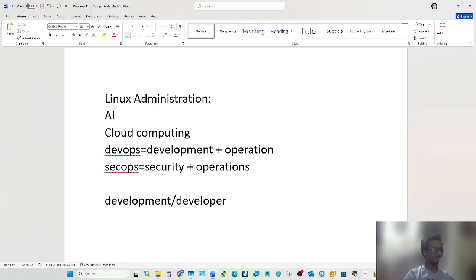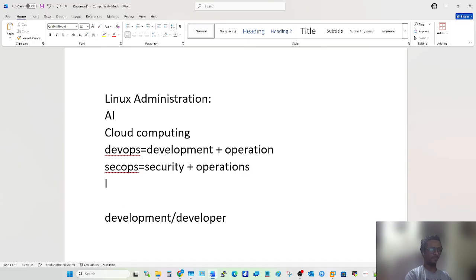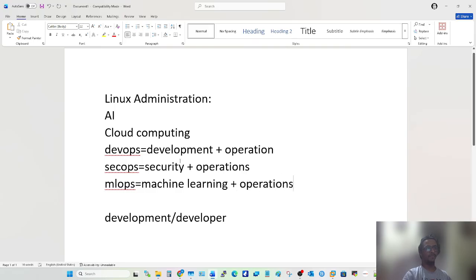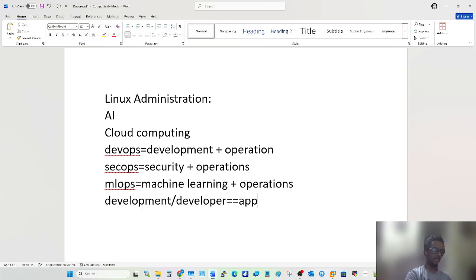Then MLOps, machine learning plus operations. And developer means application developer.